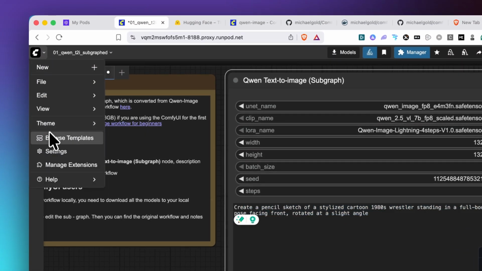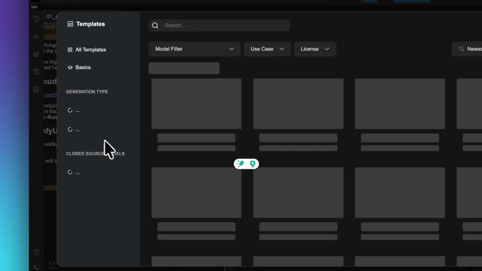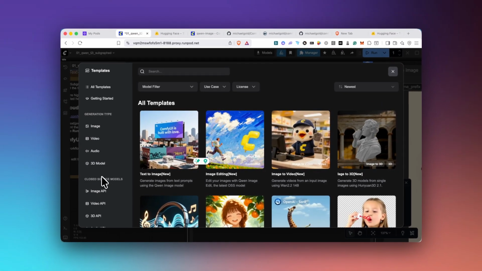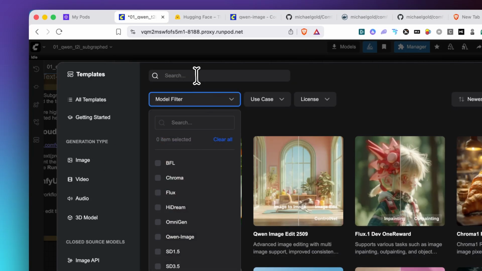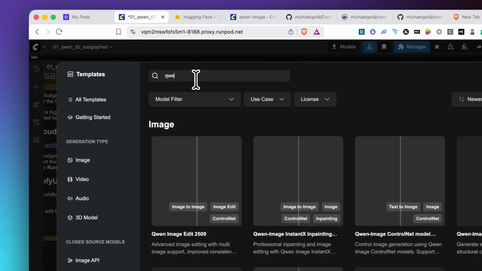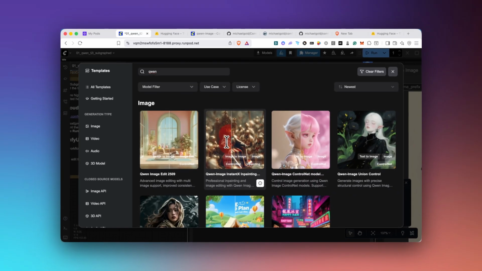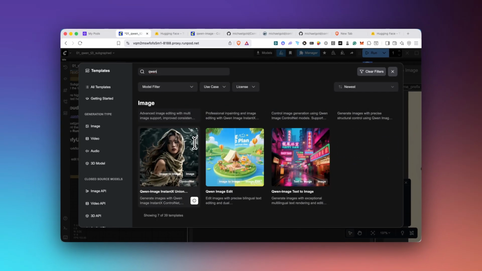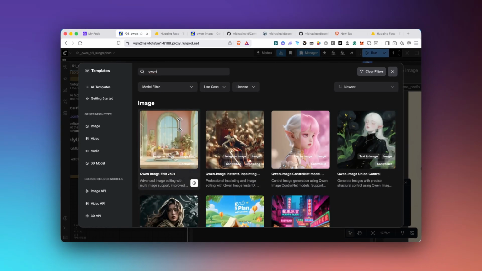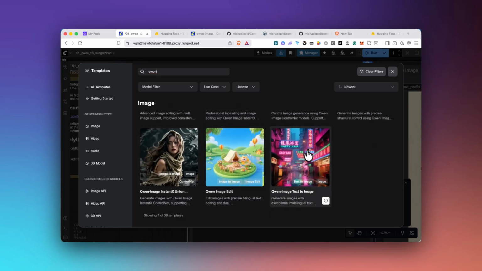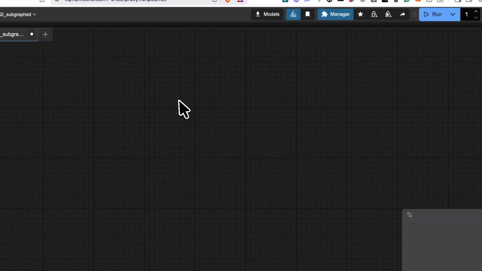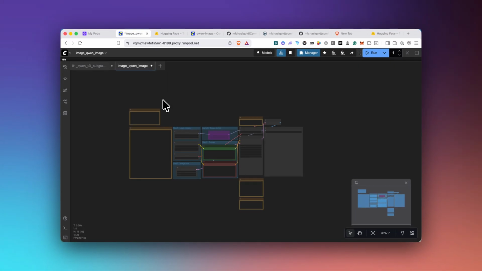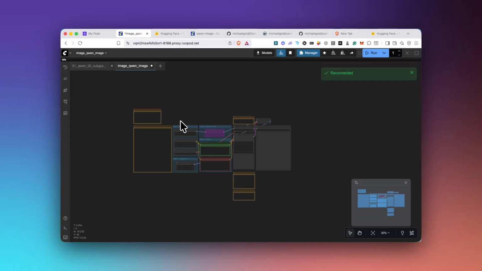Okay, so I'm going to go to my image creation, and I will search for Qwen, and we're going to do the Qwen image text to image, this one right here, and we will load this up,